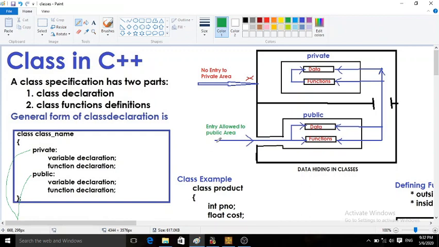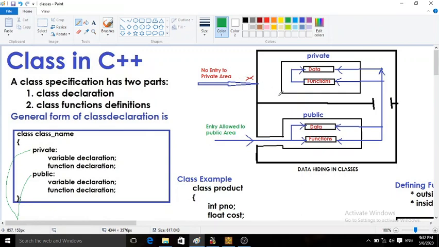That means there is entry allowed to the public area, maybe for data or for functions, whereas no entry to the private area is allowed. To the private area, outside entry is not possible. There is no entry.